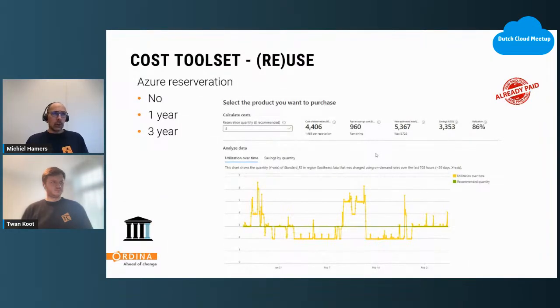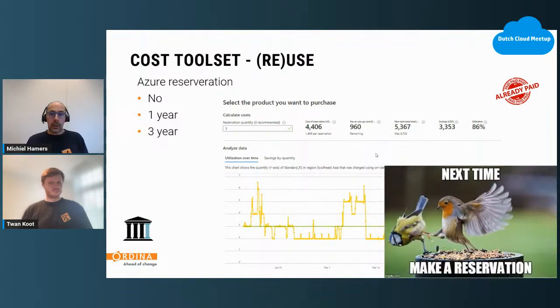Reservation in general, the three options. You have no reservation, that's the default one, 1 year reservation, and the 3-year reservation. If you know what you are using in the future, just make a reservation. At least try to make a reservation of all the things that you foresee that you're really using for 1 year. Take that discount. It really gives a lot of